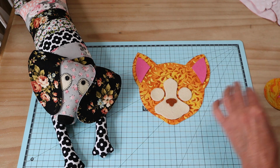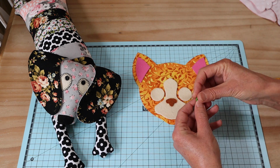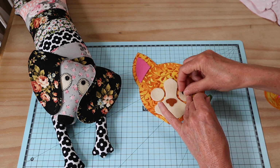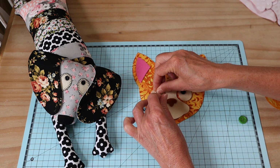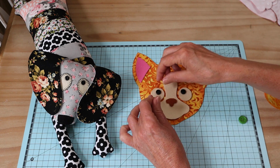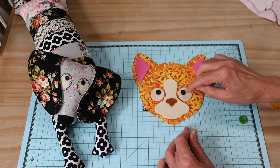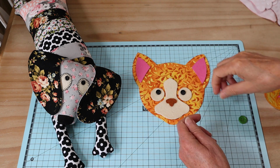And we're also going to need something for our eyes. Now here is where we can make a few choices. You can go for, just as I did with the little dachshund, we can make him just that very cartoon sort of looking face. We're going to be stitching a little mouth line in there. So you can see that's a really obvious little kitty face. Or we can